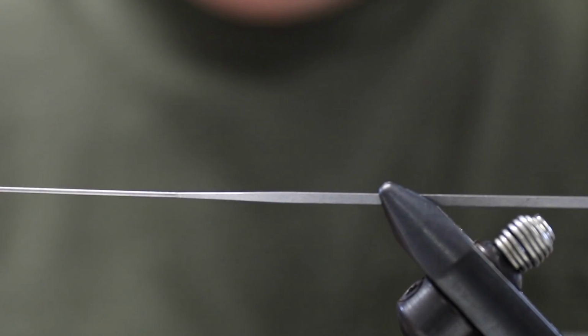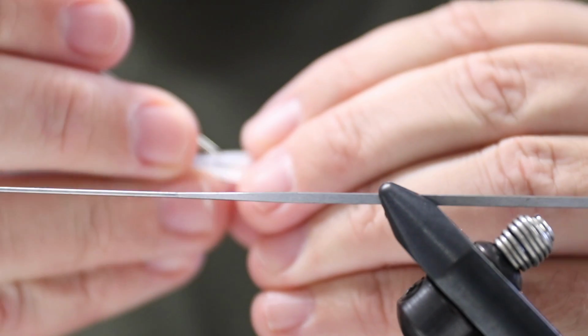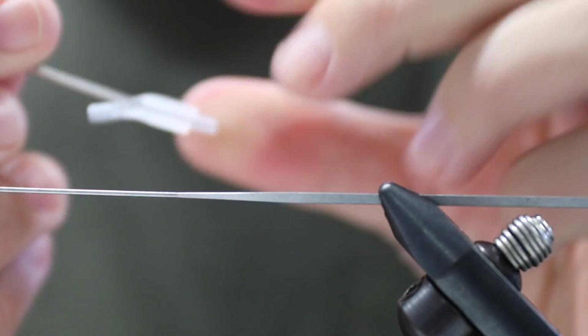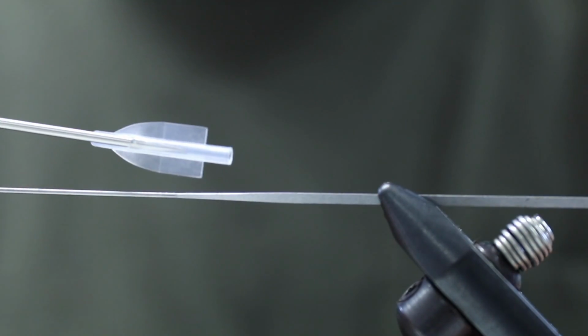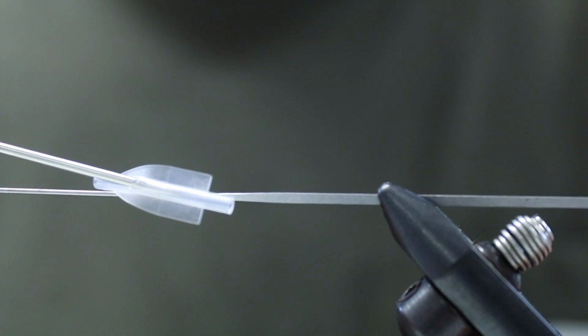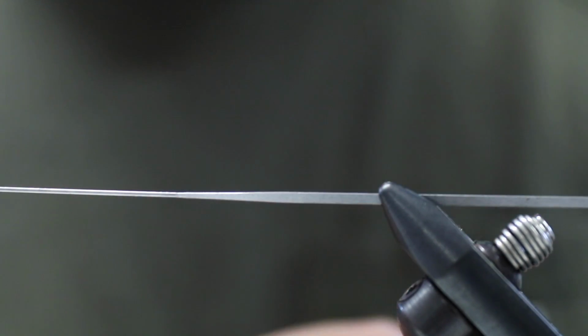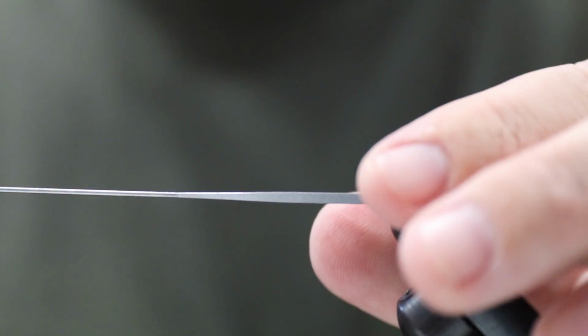I have a larger needle, and I'll make sure that when I come out to the fishing, this hole is big enough for me to easily get my leader in. Anyway, when I've done that, just